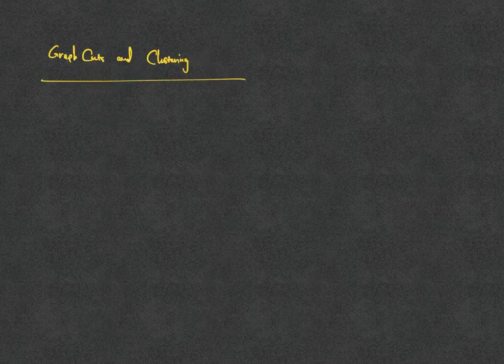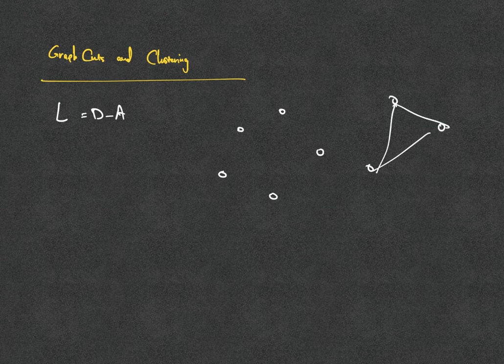One of the things that we discussed prior to going to graph cuts and clustering, one type of clustering that we had discussed so far was based on the definition of the Laplacian, like the unnormalized one, for instance, which was defined as D minus A. And we realized that because of the definition of the Laplacian, if you have a graph, for example, something like this, there are a couple of ways to think about it, but one easy way to think about it is this.